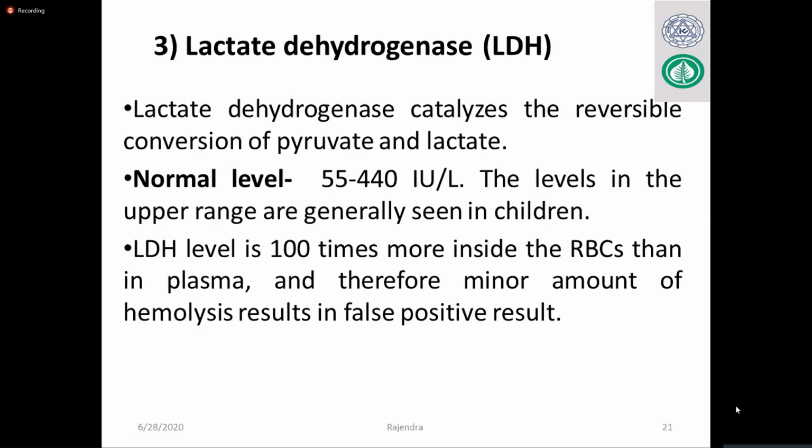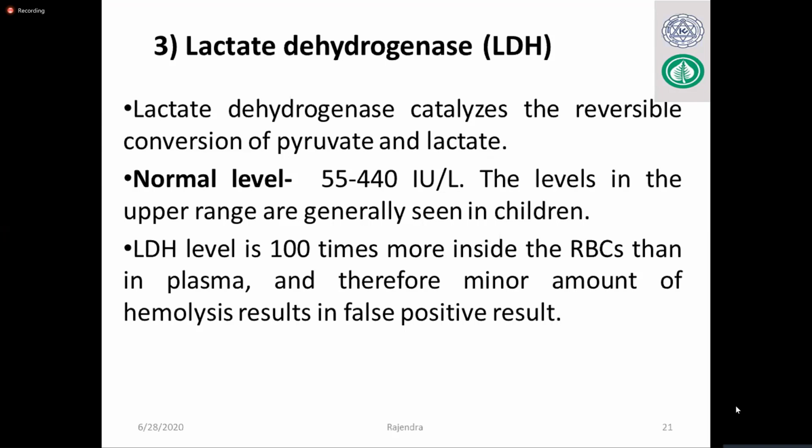And the third enzyme we do is lactate dehydrogenase. Yes, this is the enzyme we read about in the Cori cycle, lactate dehydrogenase, the enzyme which can convert lactate to pyruvate in the liver, and that pyruvate is ultimately converted into glucose, which we said is gluconeogenesis. The Cori cycle is an example of gluconeogenesis.